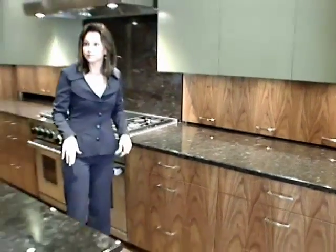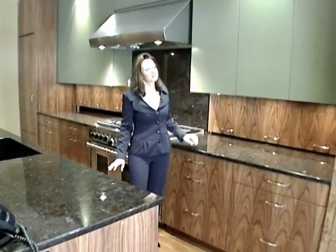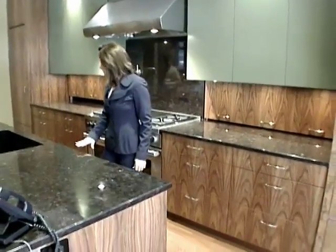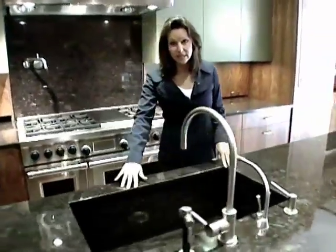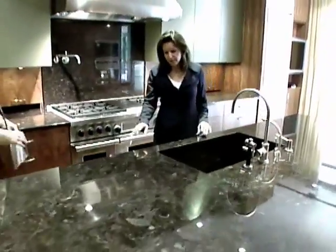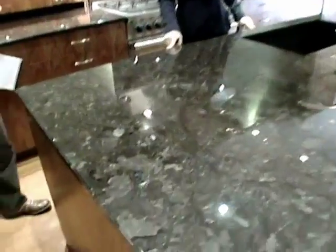It's nice finishes with the black granite and then the green. These doors are very metallic. You don't get overwhelmed by the walnut. And then granite is beautiful. The trough sink, very popular now, real contemporary. You kind of have to look at the detailing, but the edges of the granite are all...